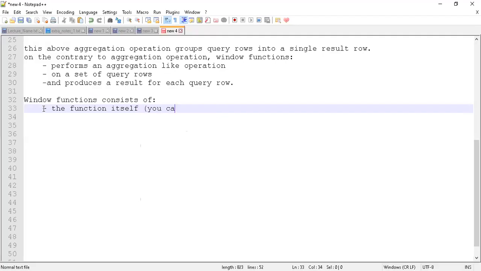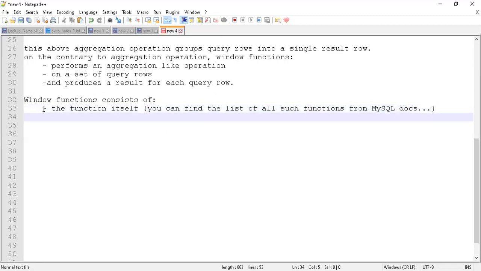You can find the list of all such functions from the MySQL documentation.